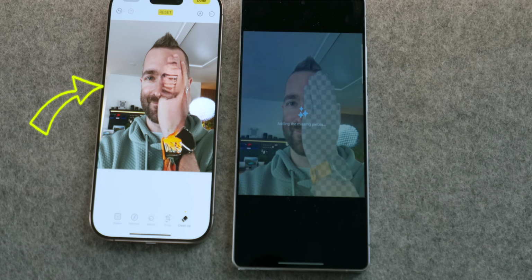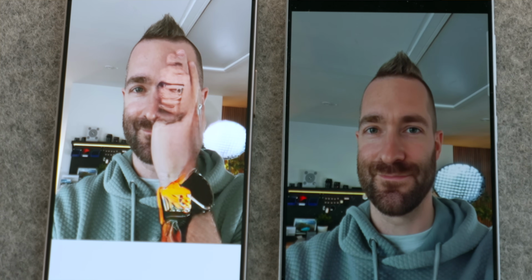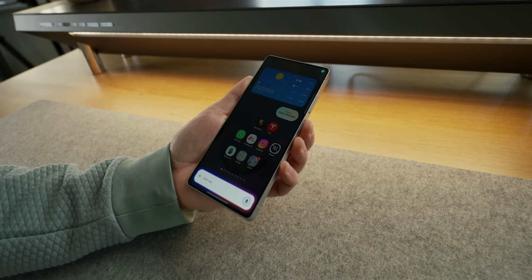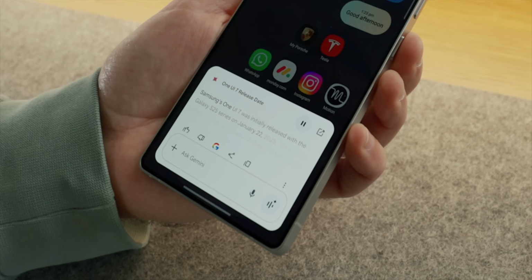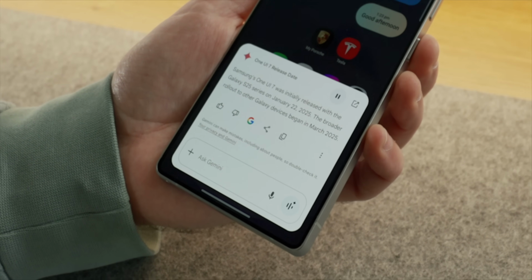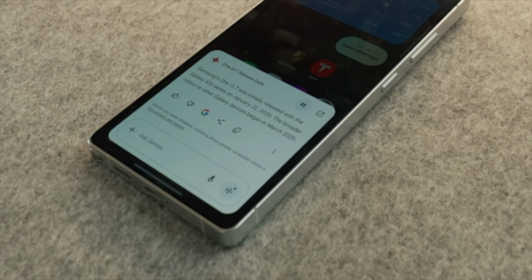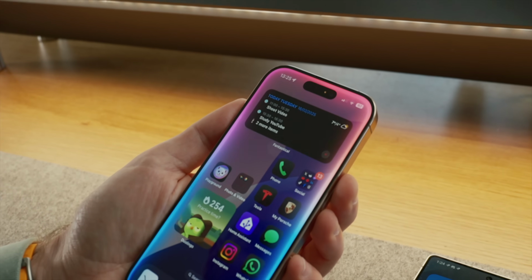Compared to Apple, the world's most valuable company. Seriously? And I love how Gemini actually reads the answers out to you. When was One UI 7 released? Samsung's One UI 7 was initially released with the Galaxy S25 series on January 22nd, 2025. Rather than Apple, which just still does the whole...